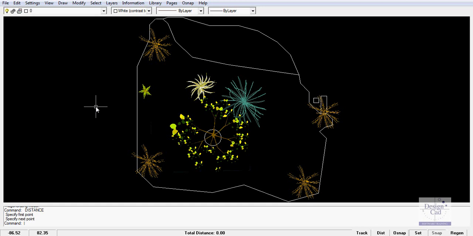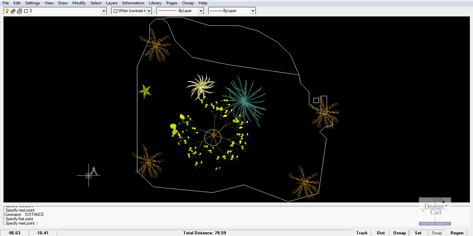Let's use this little sketch drawing to utilize some of the commands that are in the information drop-down menu. That'll help us get an idea of the way that this drawing is done and how it is set up. It's been done in feet and inches, so let's have a little look at some distances. So information, the distance command, we can measure from one side, say, of the site to another just by going